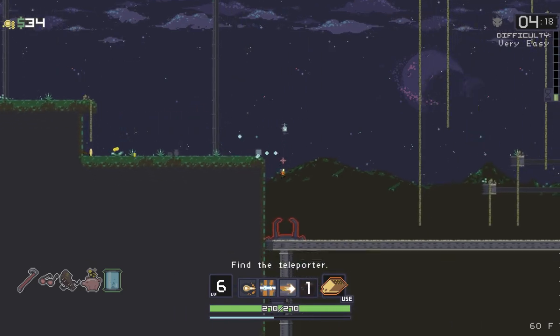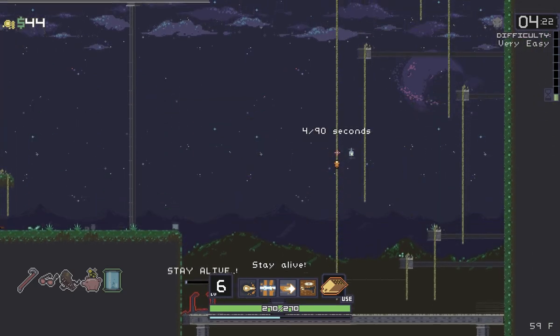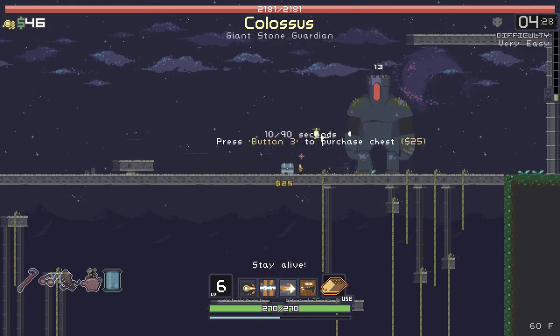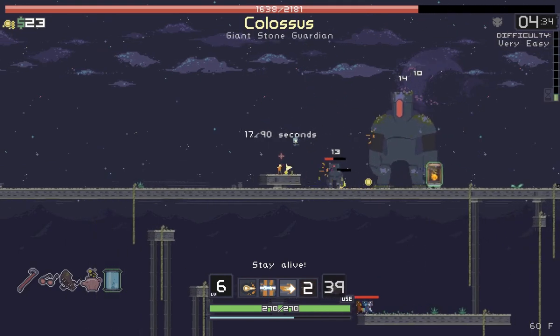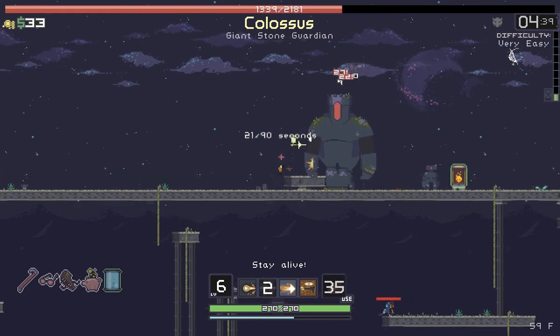Now, here we have the teleporter again, but this time I'm going to activate it as soon as I see it. I don't always necessarily recommend that, as sometimes it can essentially screw you over. But currently speaking, we're level 6, we've got some decent damage-dealing items, admittedly no healing items, which is actually going to wind up being a problem later on. And all that it spawned was the Colossus. The Colossus